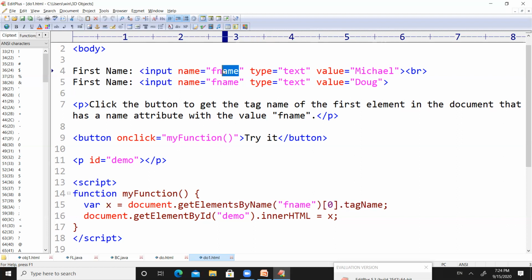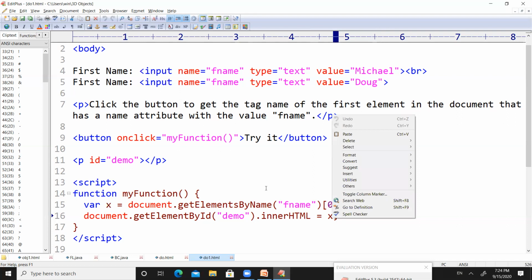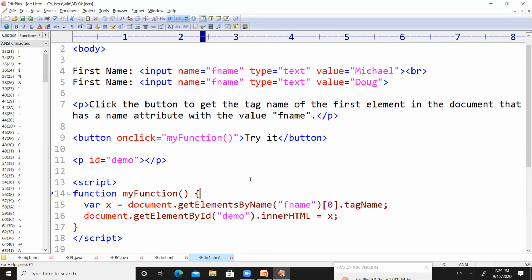So in place of the empty paragraph, we are going to print x. x is storing the tag name. So we replace this empty element with x.